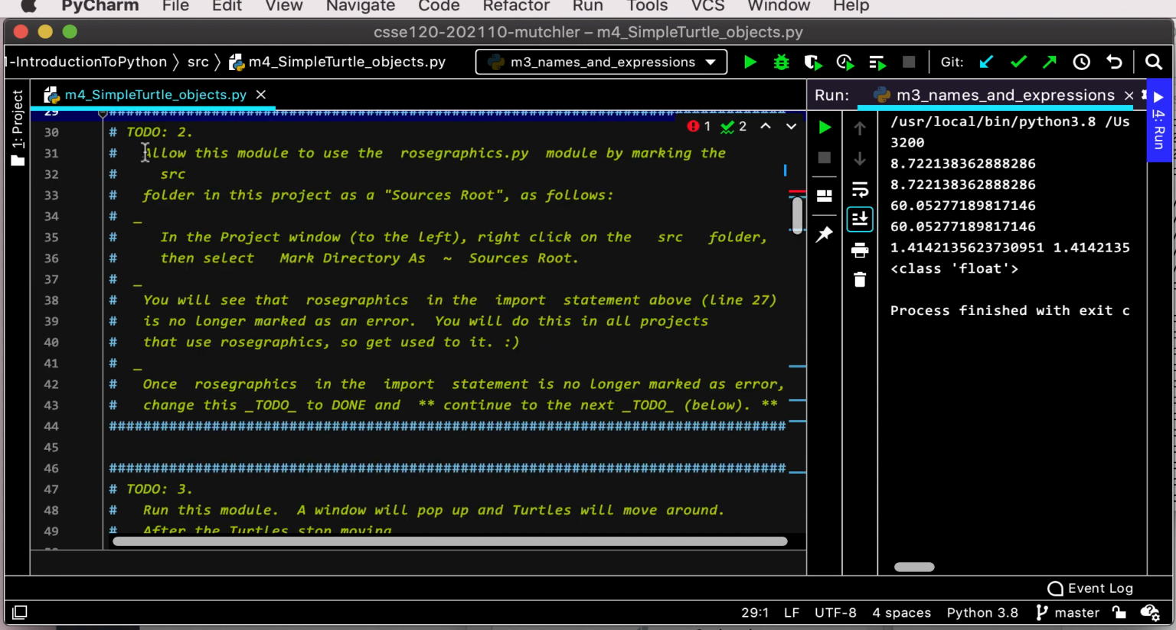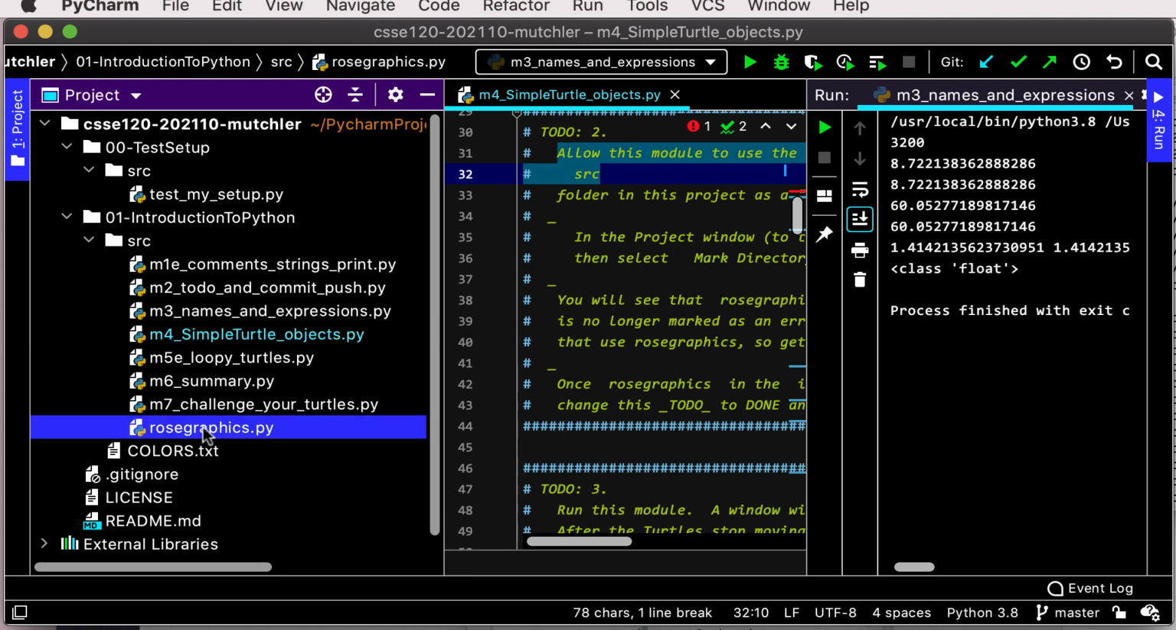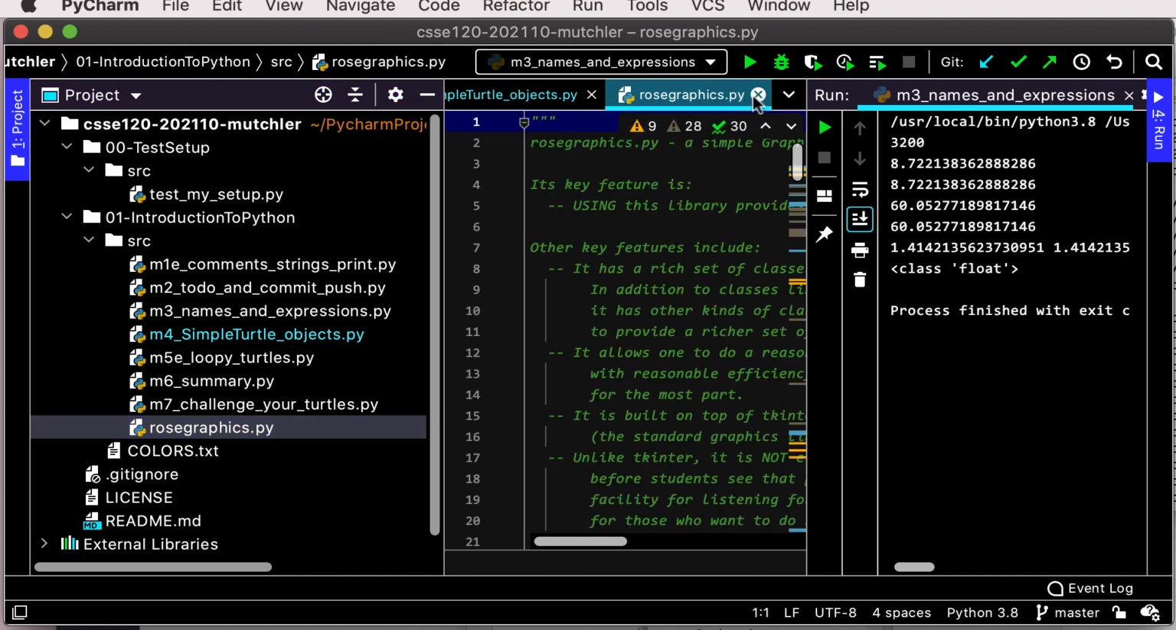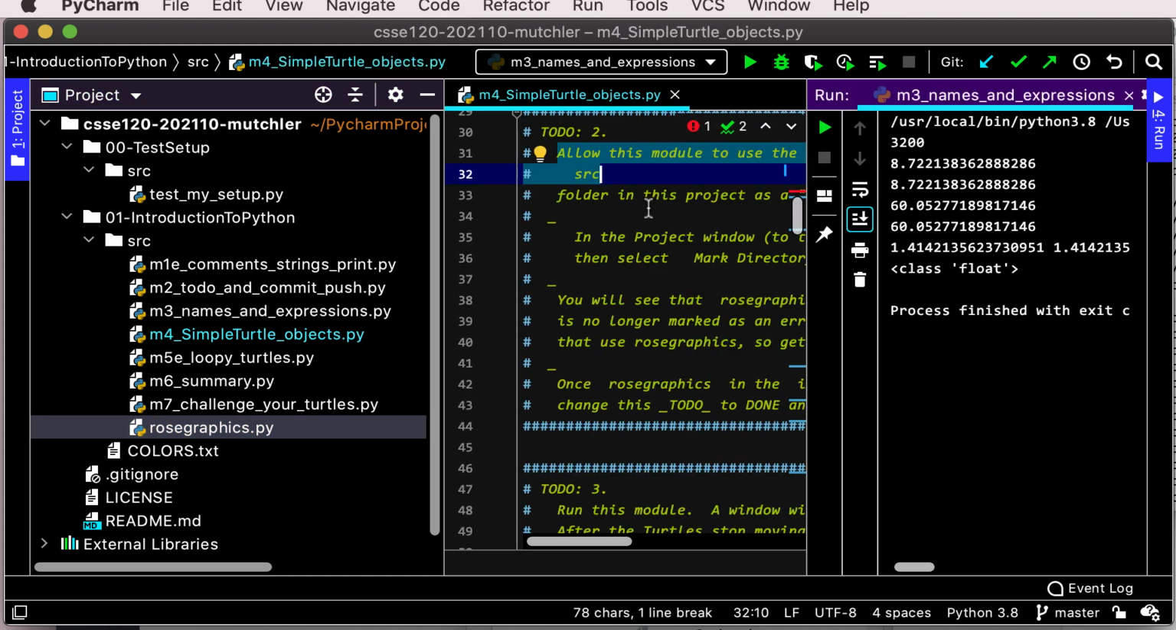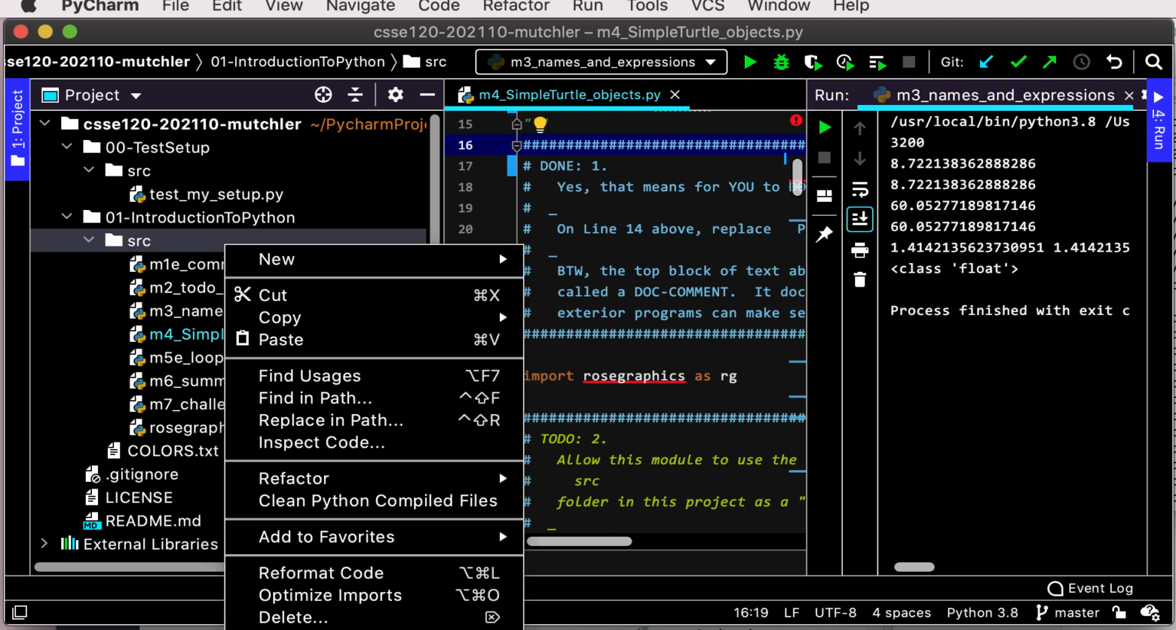To-do 2 points out that there's something in red up top there, higher up, that says that module rosegraphics, which you see down there, it's not an M module, so you do nothing with rosegraphics. It just has library code that makes this turtle graphics stuff that you're about to see happen. But module M4 has an import that attempts to import that module, rosegraphics, and it's not aware of where rosegraphics is. So we have to tell it where rosegraphics is. And so the way we do that,